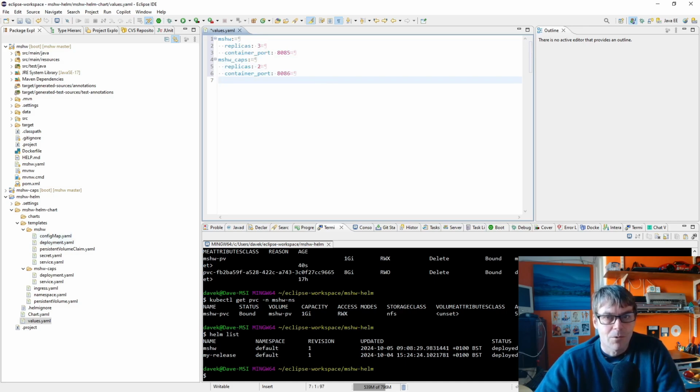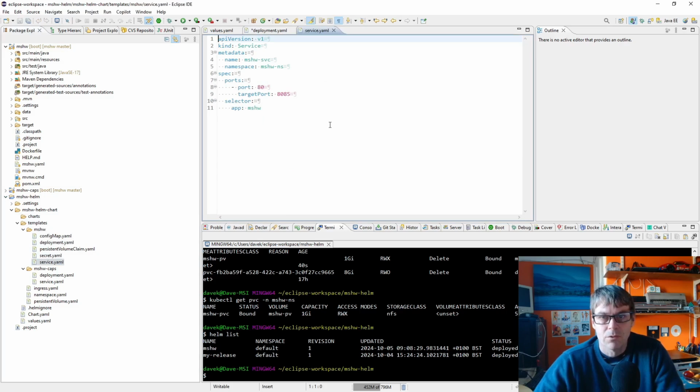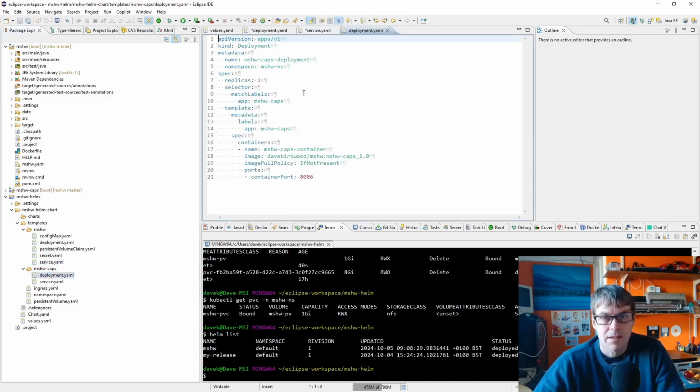So now in my YAML I can use these values. So in the deployment of my main application, in replicas here, I can say, in double curly brackets, .Values, which is the file, and then mshw replicas, and here's the container port. So .Values.mshw.containerPort, and also the service uses the container port, and similarly in the second microservice,